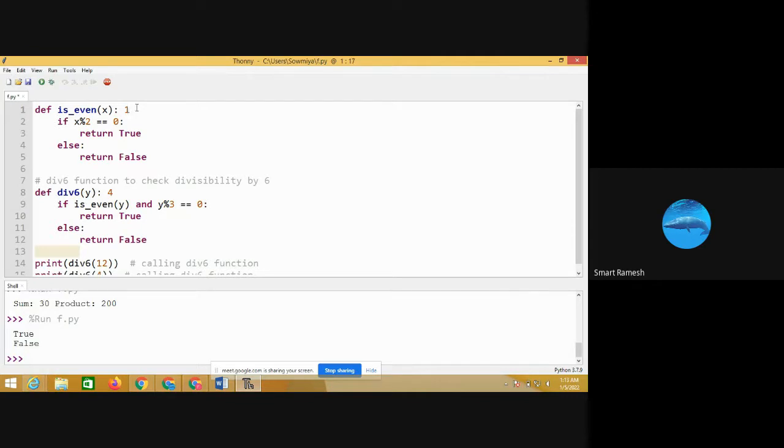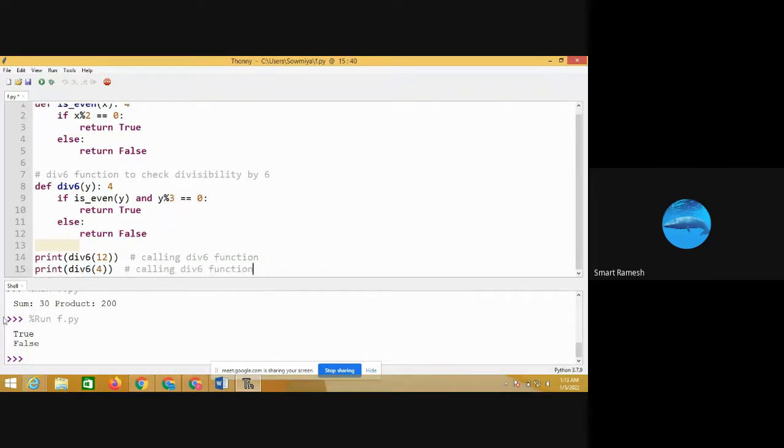Here x value is 4. 4 modulus 2 equal to 0, yes, condition true. So it returns true. Next, 4 modulus 3, answer is 1. 1 equal to 0, false. Condition is false, so else return false. So print of div6 of 4, here print of false. So output is false.